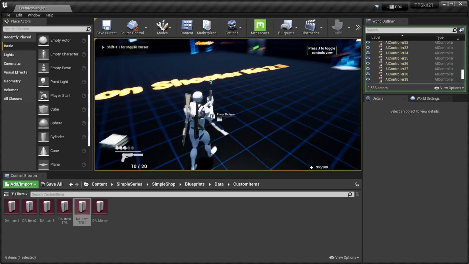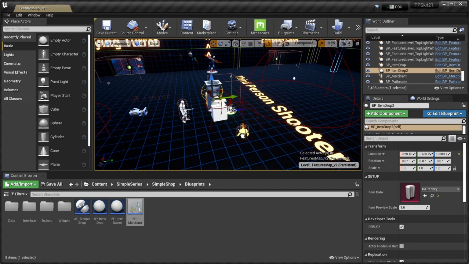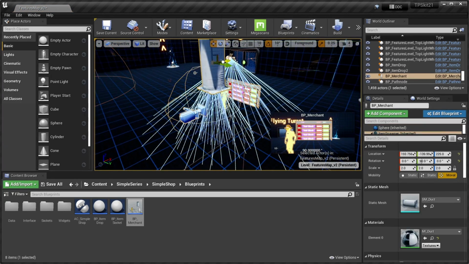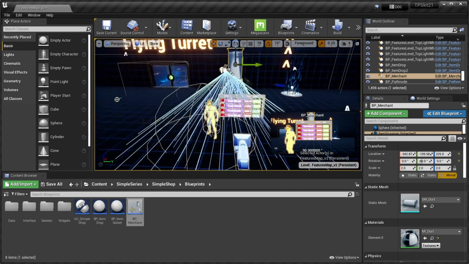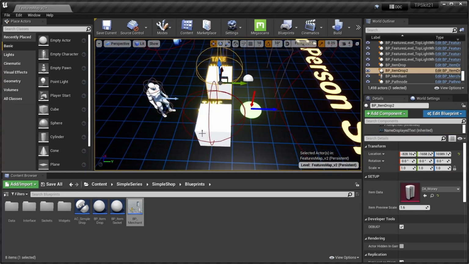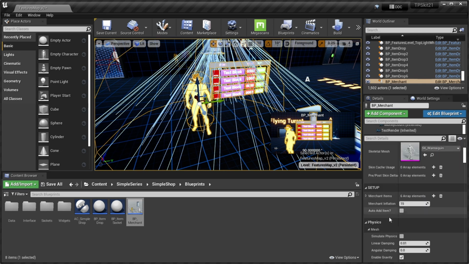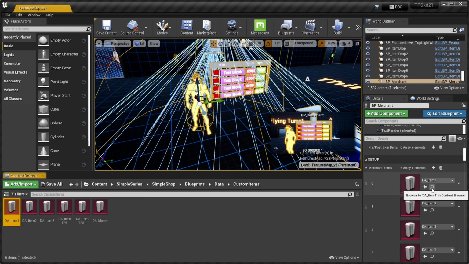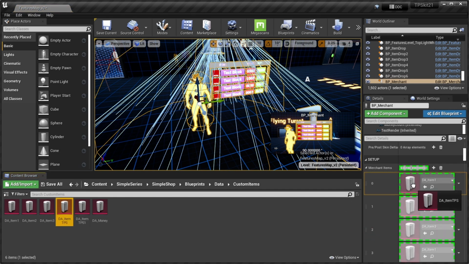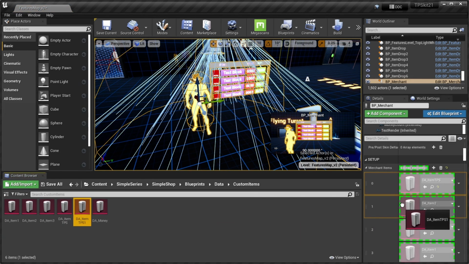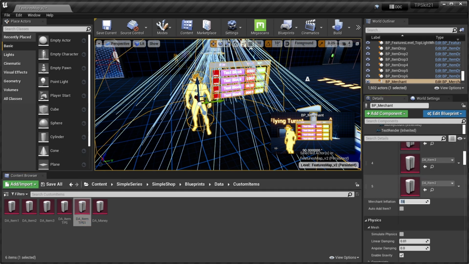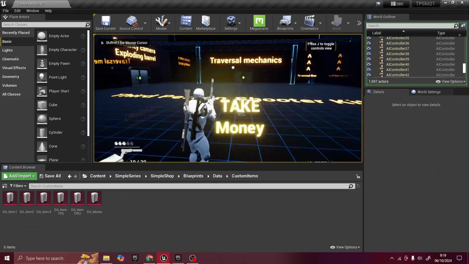Boom. Now let's put this onto our merchant's catalog. We're going to buy the item from the merchant. Move the spawner a bit so that you can see when it spawns. We're going to need a lot of money. Click the merchant, and then on the setup, we can see the merchant's catalog here. We are just going to add our TPS items now. TPS item, TPS item. We can also set the merchant's inflation to be, I don't know, 5, so that it's cheaper. And when we hit play, we can now